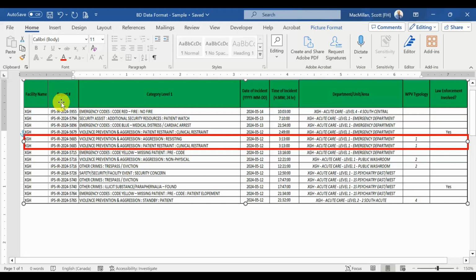We also would like the report number. And then, of course, we need the incident category, which is crucial. We want to know the date and the time of when the incident occurred. Now, if your reporting system exports it into Excel and combines the date and time into one column, that's completely acceptable. We also would like to know where the incidents are happening within the facility, particularly at the department, unit,